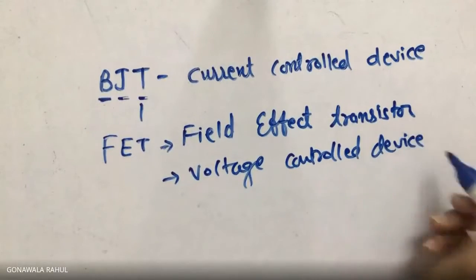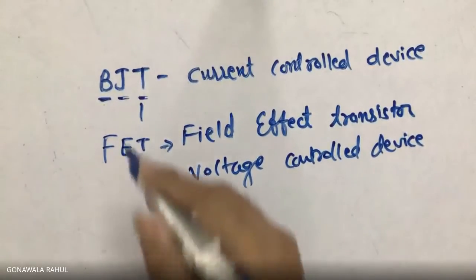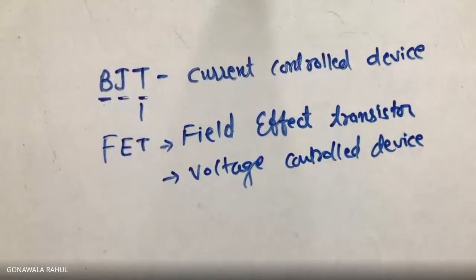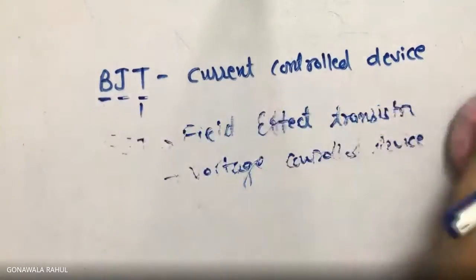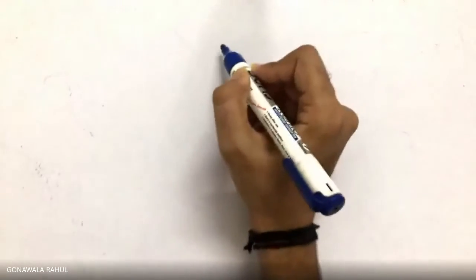So sooner we will see, after some introduction, the difference between these two, BJT and FET. So field effect transistor is another kind of transistor, that is a voltage control device. Okay, so this FET, that is field effect transistor, is basically